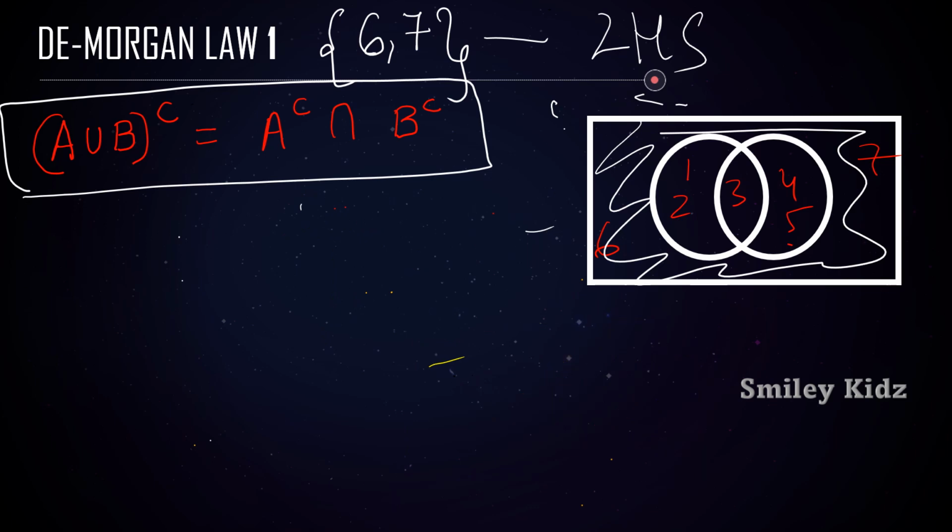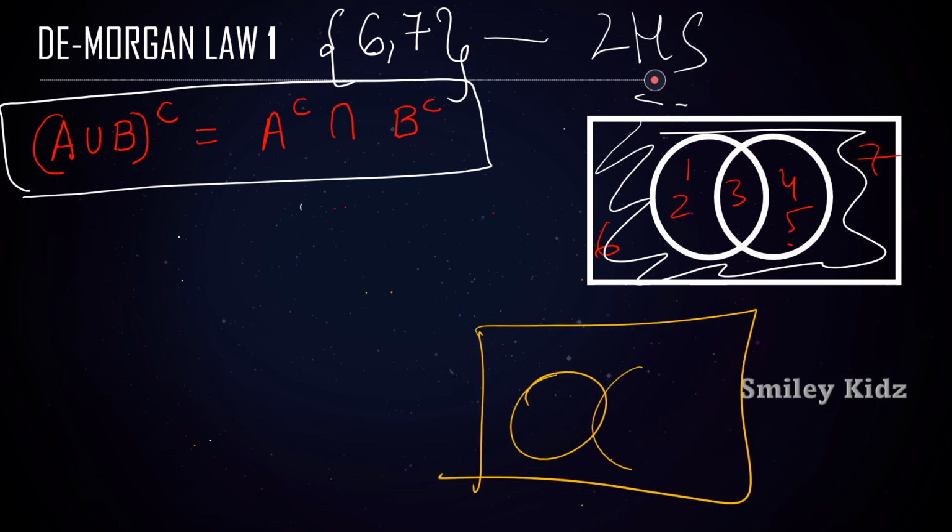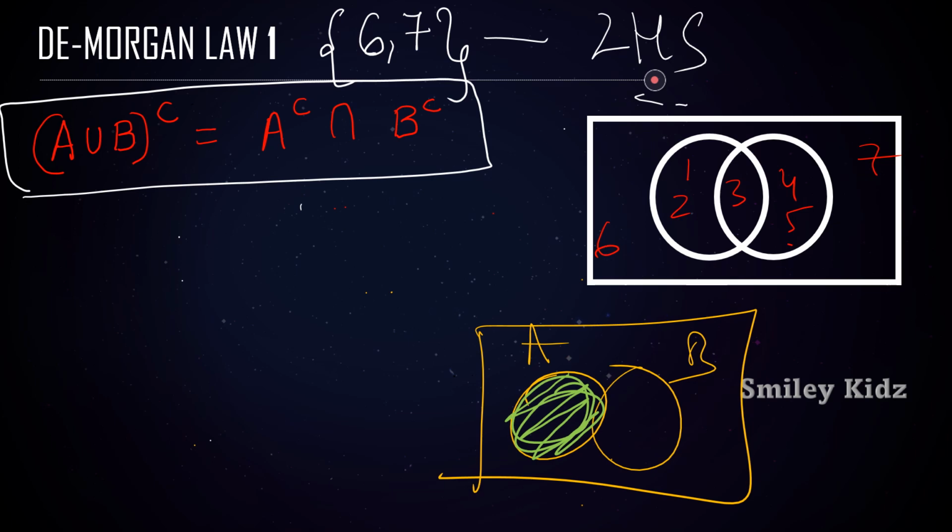Now, here A complement, intersection, B complement. What does that mean? Two sets A, B. A complement means excluding this region, every other region that is there. Now tell me, in the given example, what is that excluded region you're going to remove? That is full A is something that you're going to remove. You'll have 4, 5, 6, 7